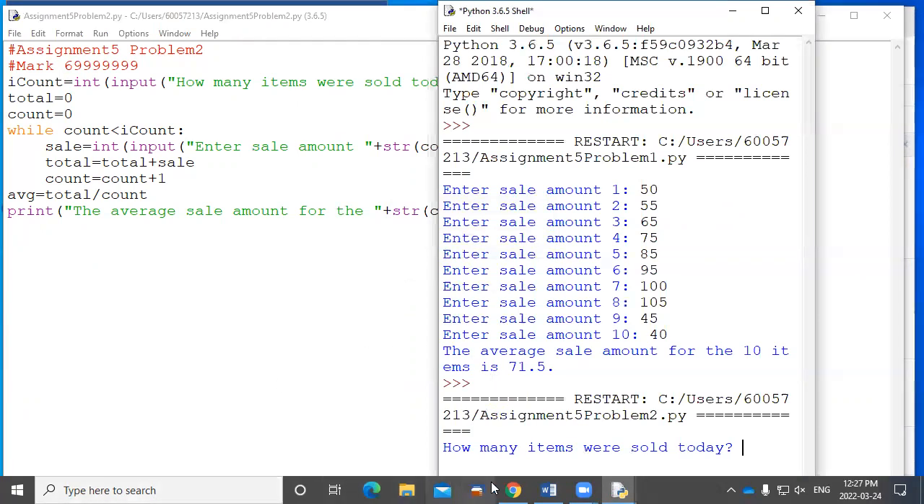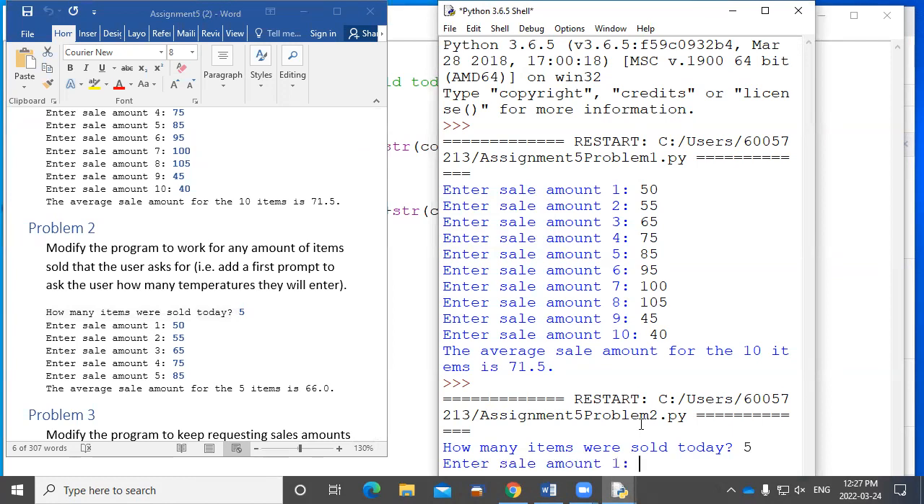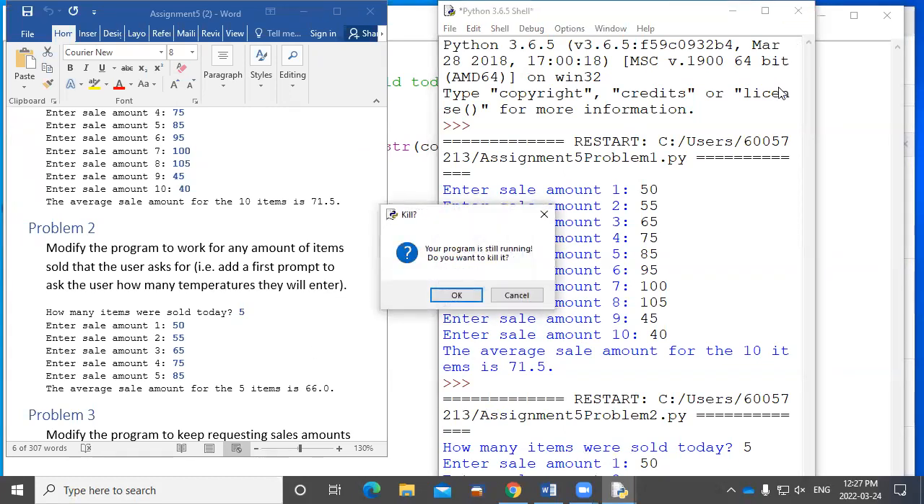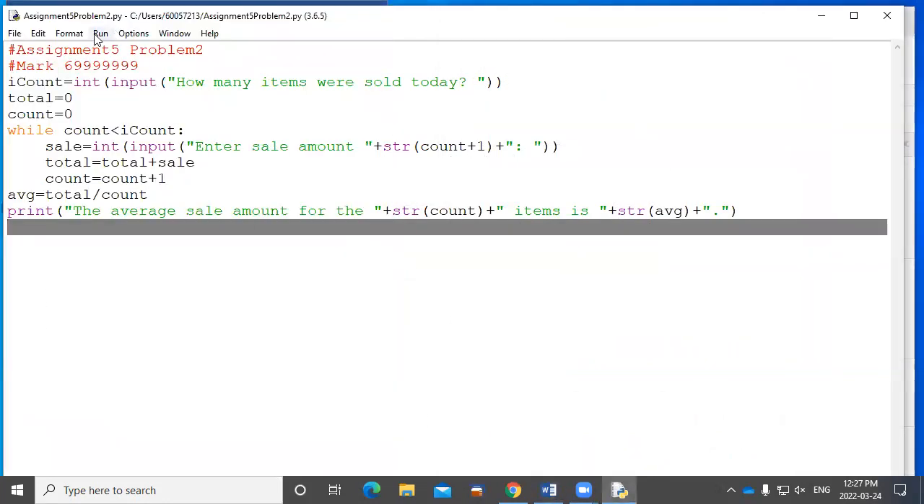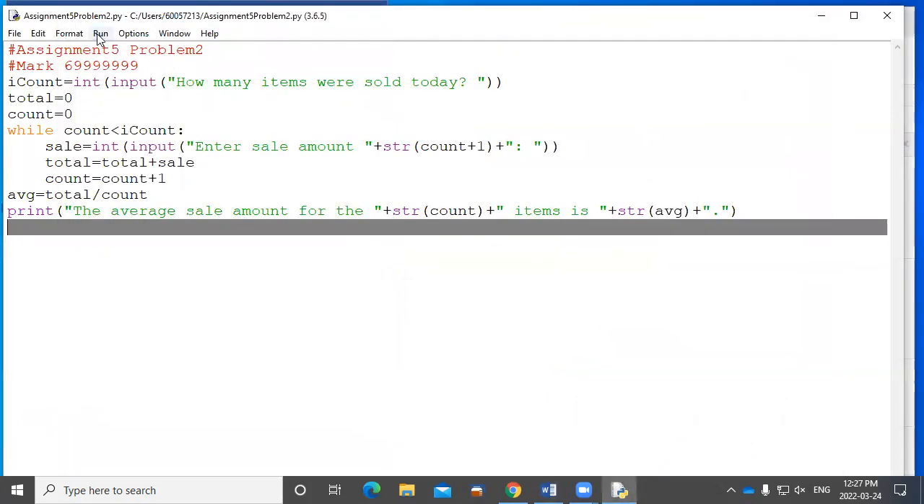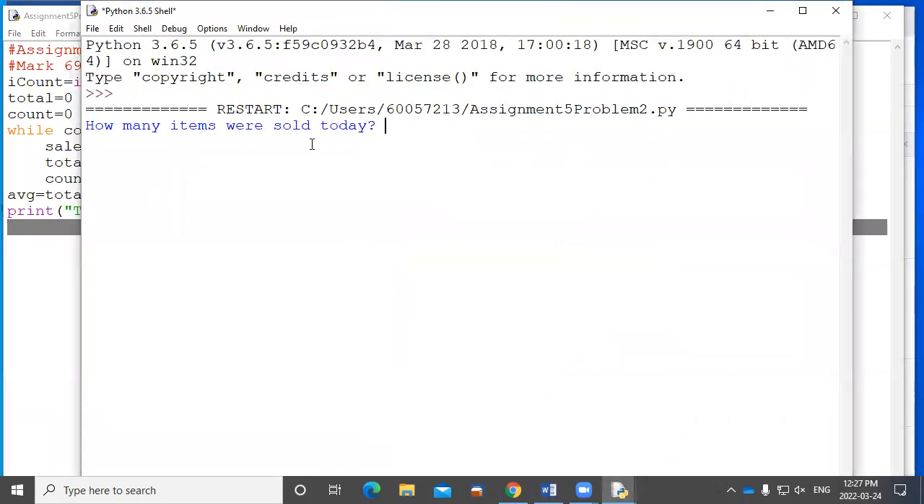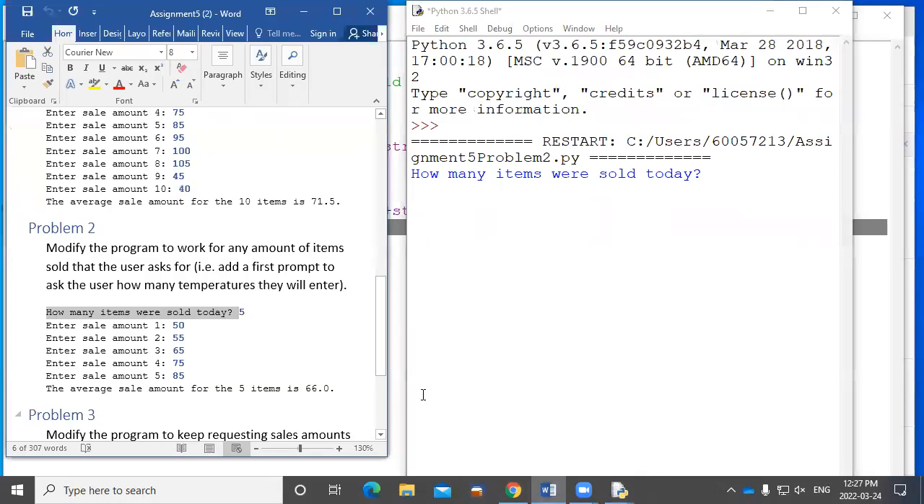How many items have you sold today? Well, 5 apparently. And sale amount 1 is 50. Oh. I'm going to start this over again because I can't see it. It's running down the bottom of the screen. So let's run it again. Oh, sorry. Clumsy finger. All right, run it again. How many items have you sold today? Put the notes up here so we can see the test data, which is in the Word document. 5